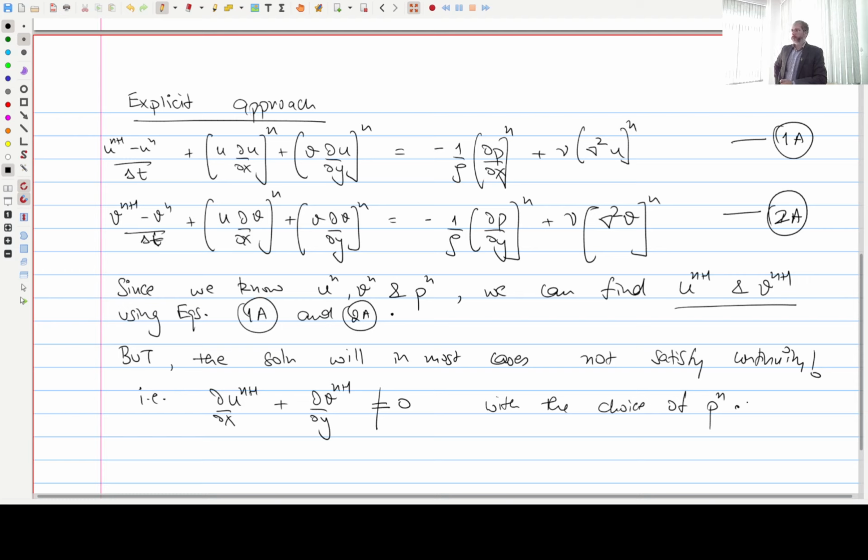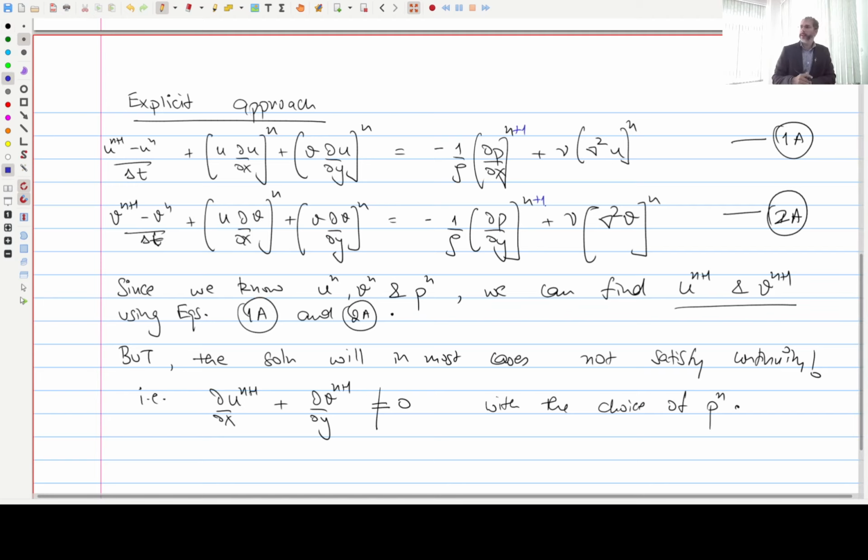So now we propose, so this is how actual research thinking works as well. We are thinking in a certain way. We started with an explicit approach, that is typically how it works, but we did find that there is a problem, that is equation number 3, the continuity equation, is not satisfied with this, or in most cases will not be satisfied with this approach. But let us say, if somehow we were lucky enough that we knew P^(n+1), then things would be fine. So if instead of this,